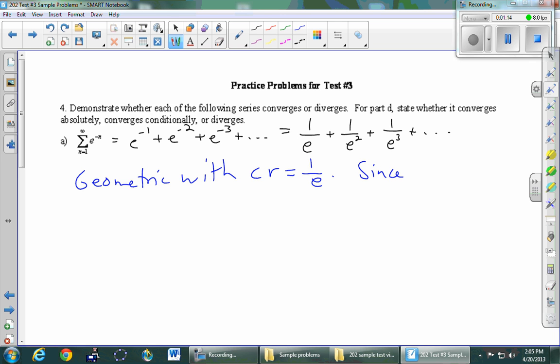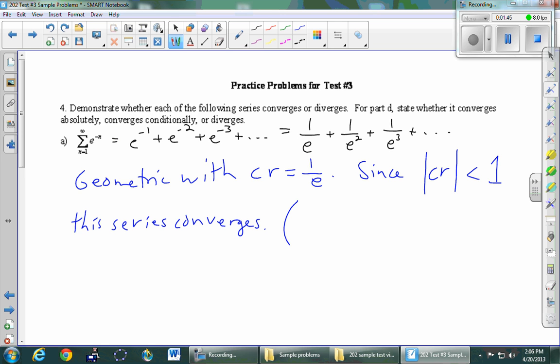And we know that the common ratio here is less than 1. That's the cutoff between the geometric series which converge and the geometric series which diverge. So in this case, the common ratio in absolute value is less than 1. This series converges. That's all that we have to do for this problem,